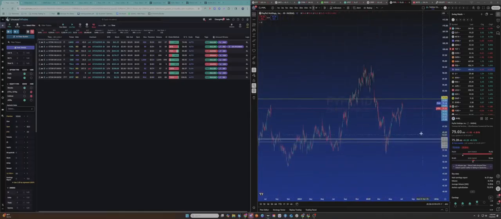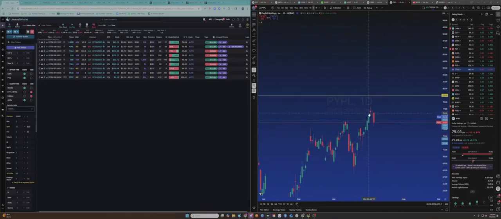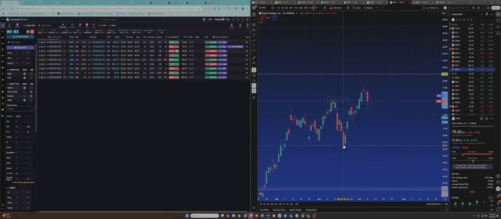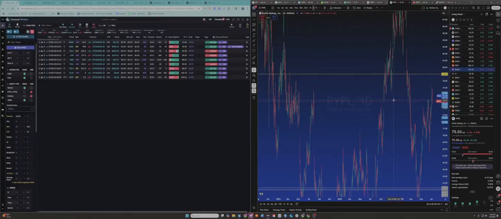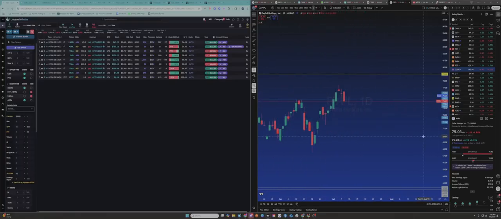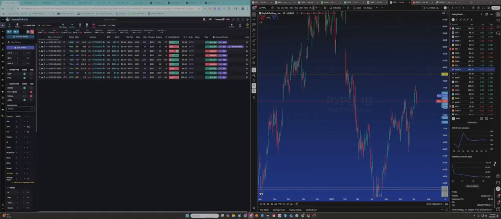Let's pop open the daily. Okay, on the daily, it looks like we got a bearish engulfing overall on this candle after a little failure. This is sort of like a spinning top here. So that could be a sign, a loss of the trend that we've held from the 20th of June to the 3rd of July, so two weeks, a loss of a two-week trend. So there could be some follow through there. Definitely a possibility for a short setup, major resistance overhead. This prior imbalance here, we're still holding, but a loss of that could be a big short. So that's on my short radar. So we'll see PayPal there. Interesting.